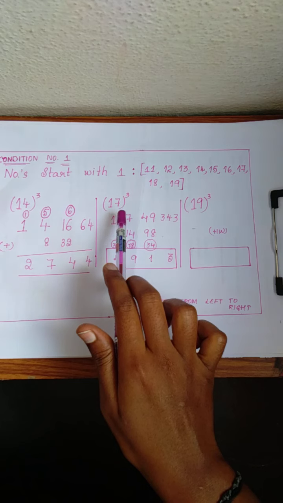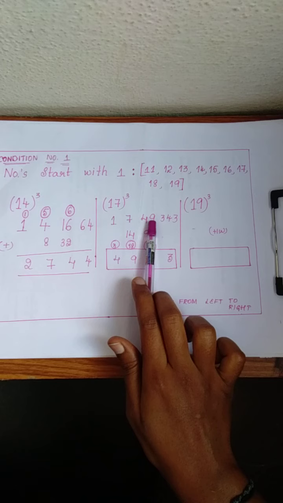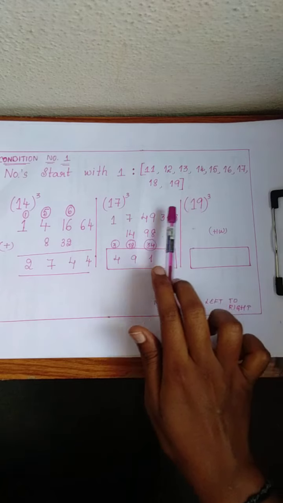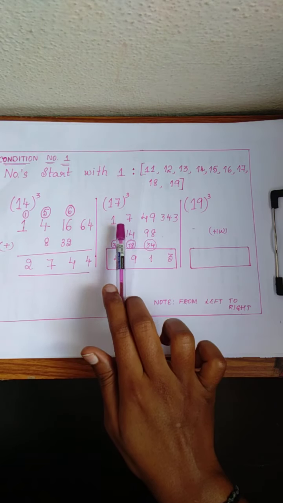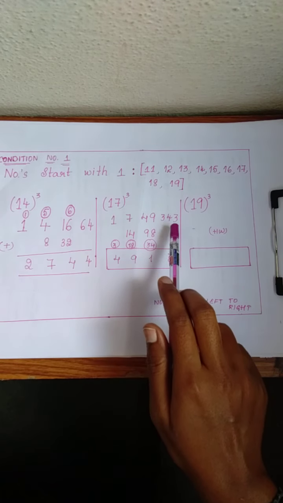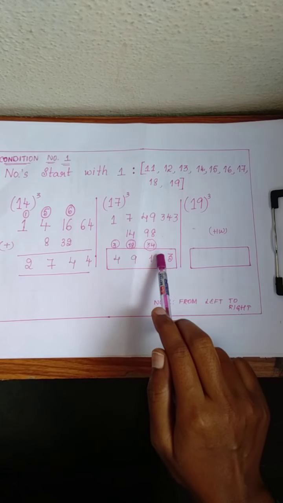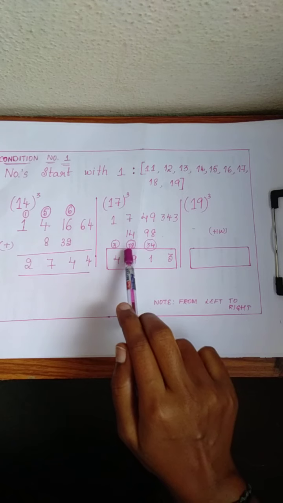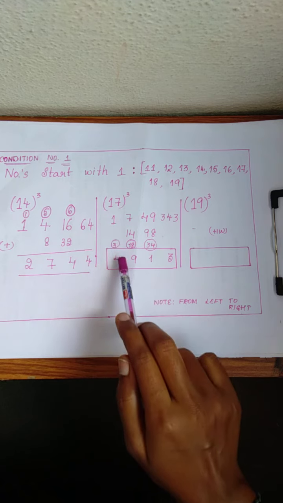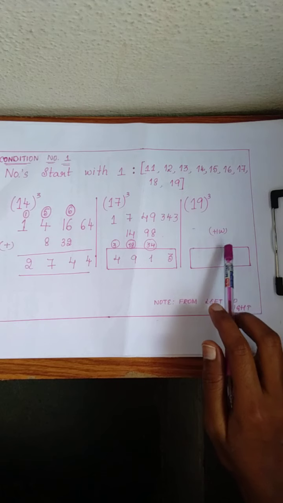And after that, if you go for 17 cube, write 1 as it is, 7 as it is, square the 7, it will be 49, and cube the 7, it will be 343. Leave the first number, leave the last number, double the middle 2 digits. 7 2s are 14, 49 2s are 98, and then simple addition. 343 plus 0, it is 343. Write 3 here, 34 will be carry, 49 plus 98 plus 34, it will be 181. 1 here, 18 carry, 7 plus 14, 21, 21 plus 18, 39. 9 here, 3 will be carry, and 1 plus 3, it is 4. So totally 4913. And 19 cube, I am giving it as homework.